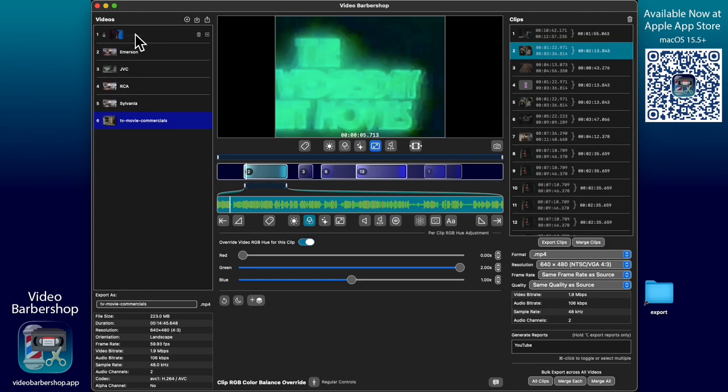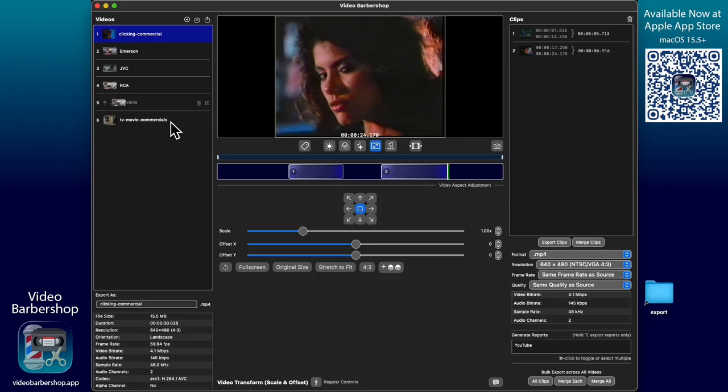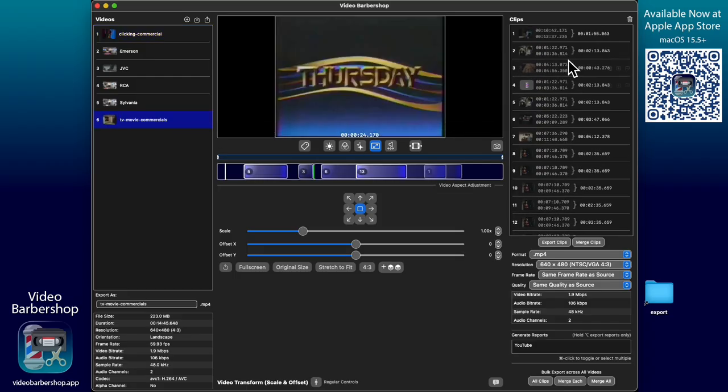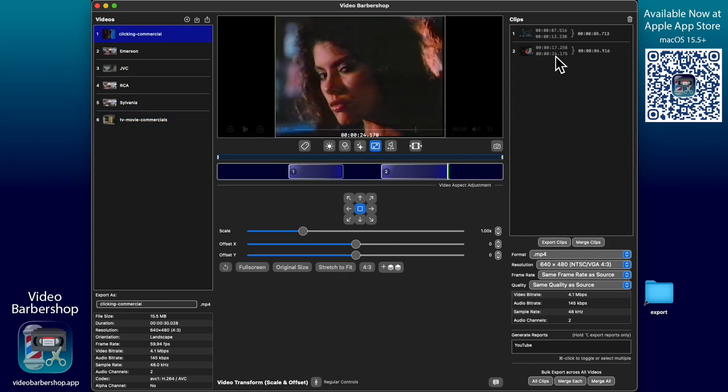Now, I do have multiple videos with multiple clips now, and you'll see it opened up a new set of controls here where, instead of just exporting the clips and merging the clips from the queue here, these controls are the bulk edit and export across all videos. These are all clips from all videos individually exported. This is merging each block of clips from each video. So all of these will be merged together into one file, and then these will be merged together into one file if I do merge each. And then there's merge all,